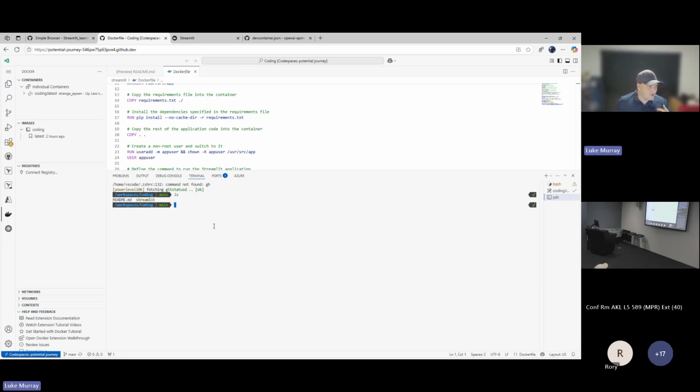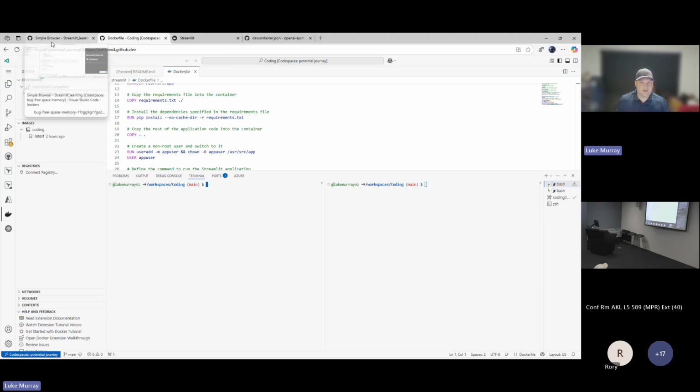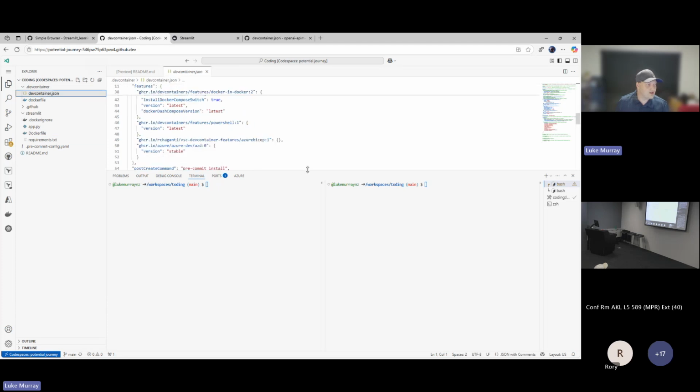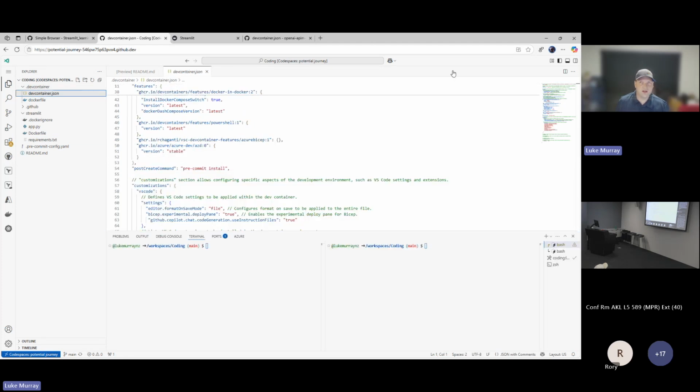It looks a bit fancier, for example, than what the normal bash terminal looks like. So this is coming directly from custom personal configuration of mine. You won't see this specified in the dev container anywhere. So if you're wanting